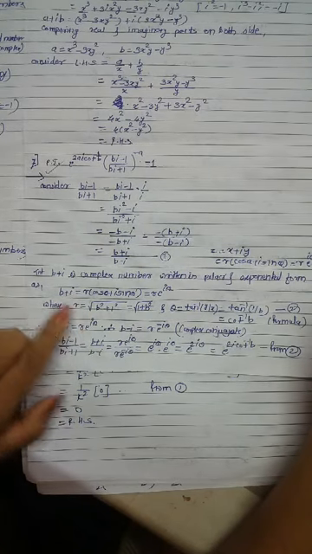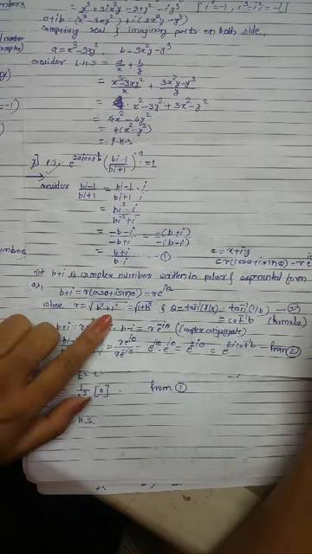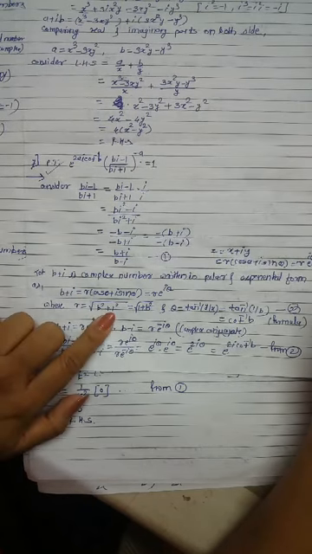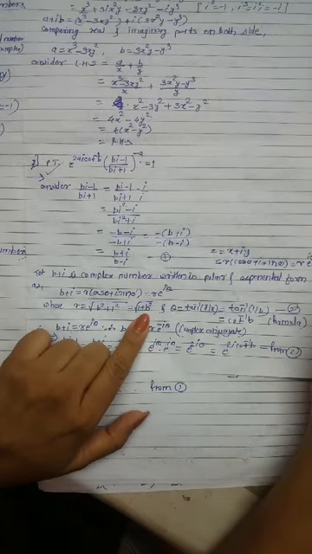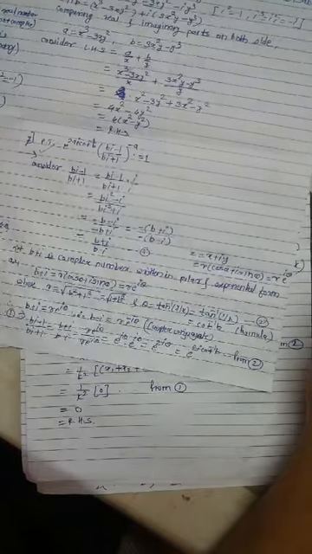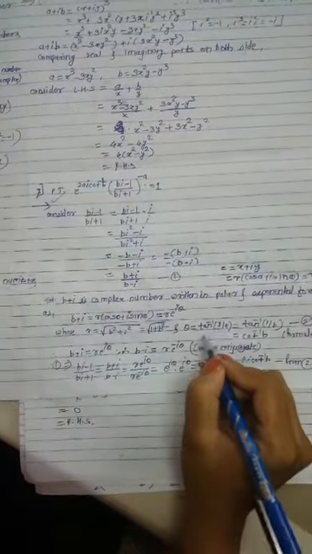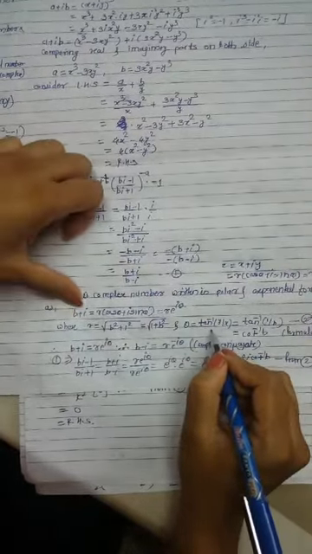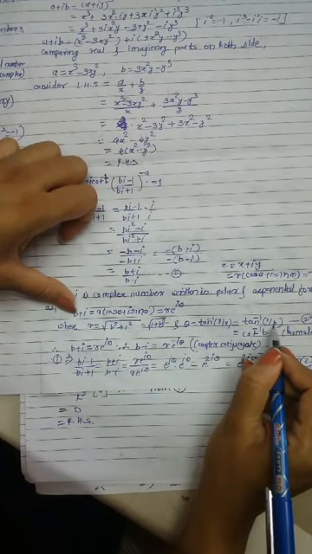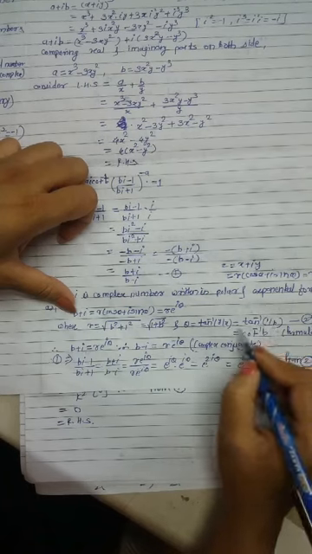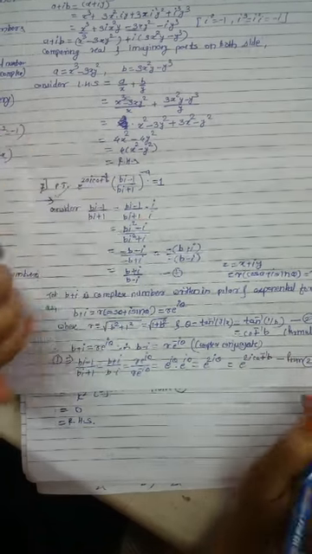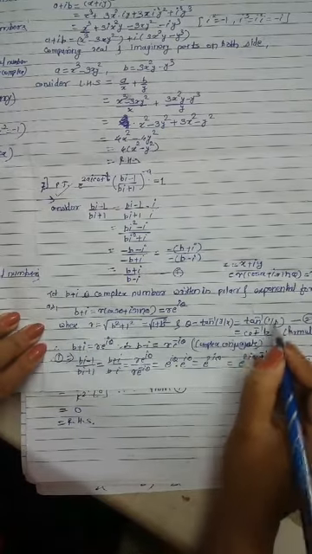r is the square root of x square plus y square, where y is the coefficient of i, that is 1 square. Therefore r is the square root of 1 plus b square. And theta is tan inverse of y upon x, where y is 1 and x is b, so tan inverse of 1 upon b. And this is one formula: tan inverse of 1 upon b is cot inverse b. We are going to use this formula here.